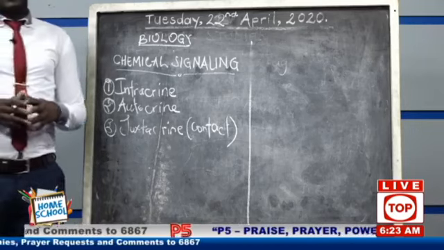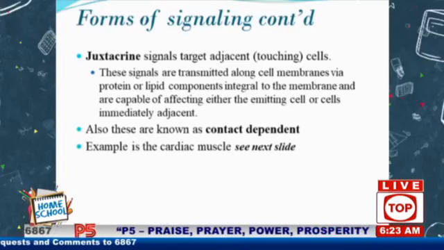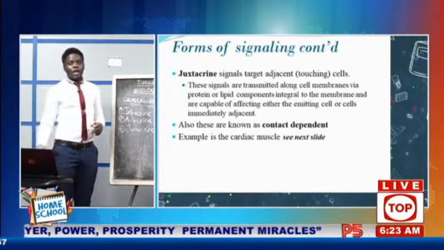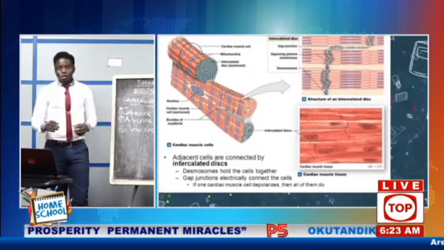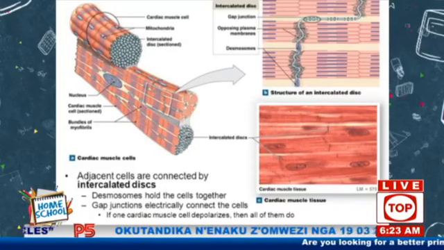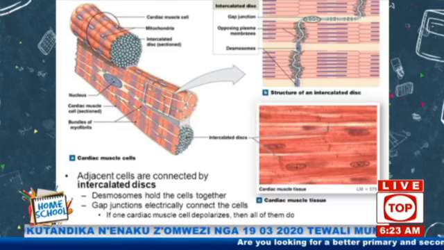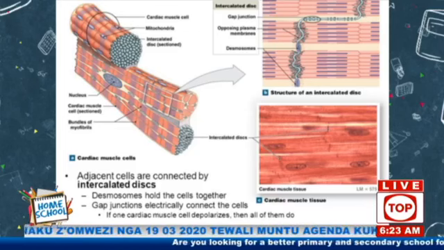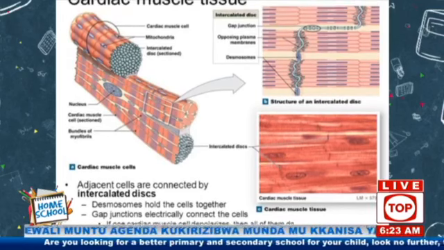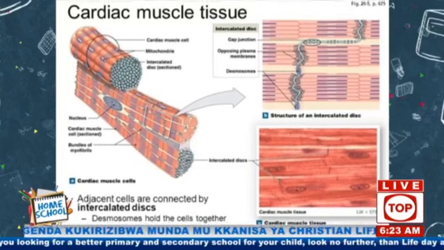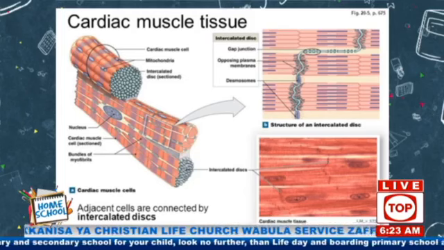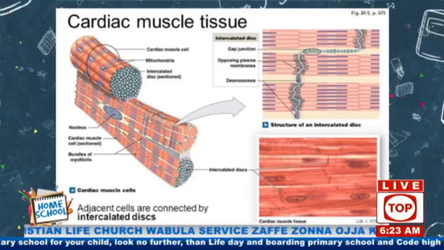A good example of this is the cardiac muscle, the muscle of the heart. When you look at that muscle right there, there are three images that I want to emphasize. We have what we call gap junctions, in the upper right corner. We have desmosomes. Yes, we have opposing plasma membranes. Now, adjacent cells are connected by those intercalated discs, but through those gap junctions,